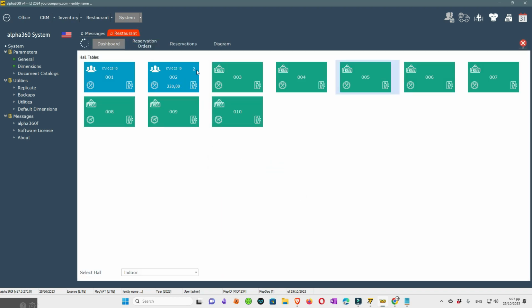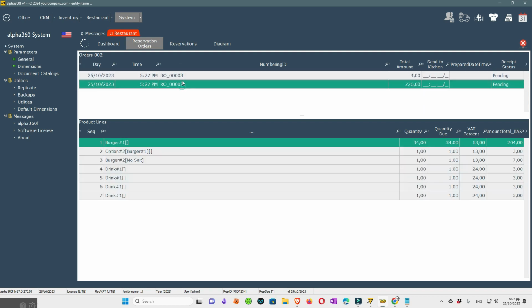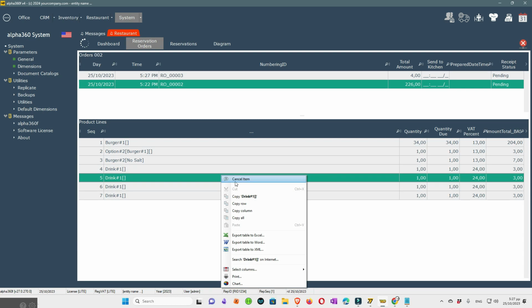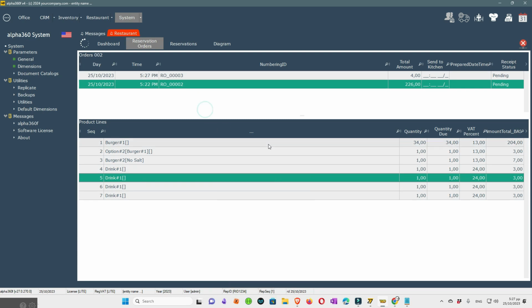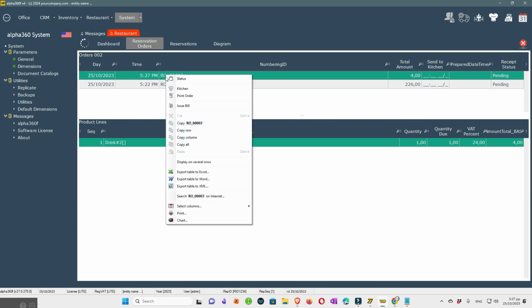And you see now how I have two orders for this table, and this is the total amount. I can see the orders here. If I want, I can cancel an item, and when I am ready, I can send this order